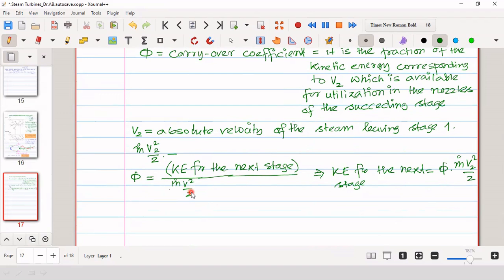That means what basically you see, say at the exit from the nozzle,